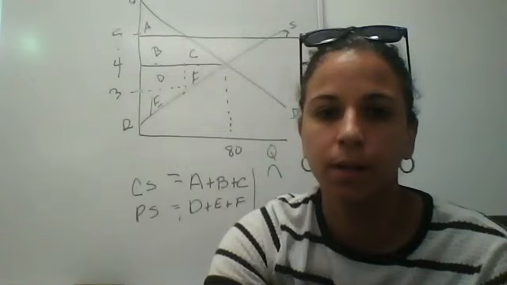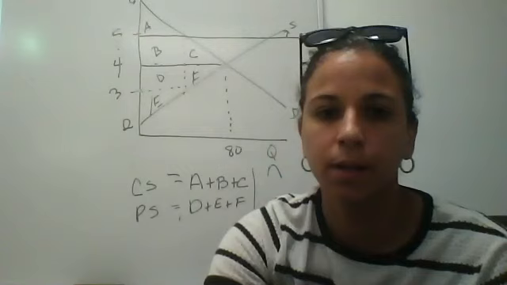For consumers, the definition is going to be underneath the curve all the way here. So consumer surplus is going to be equal to A. And you can figure that out by taking 1/2 base times height. Then producer surplus